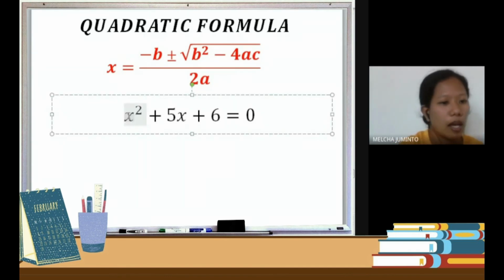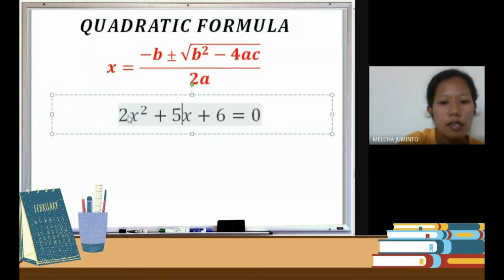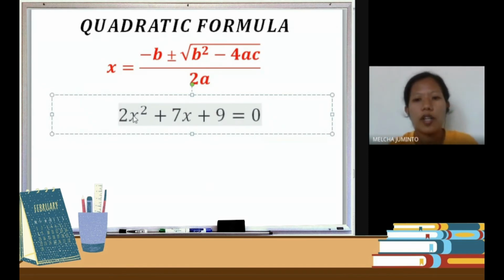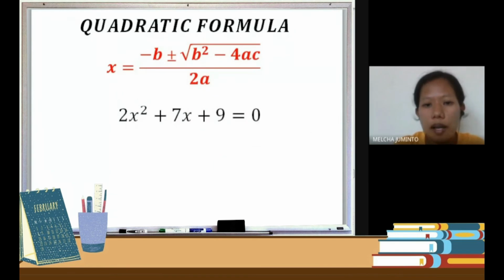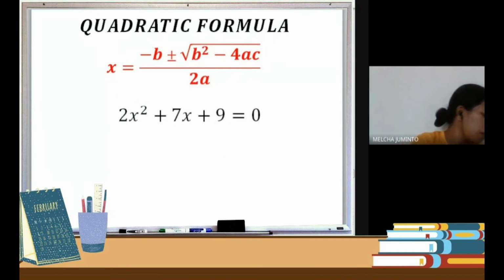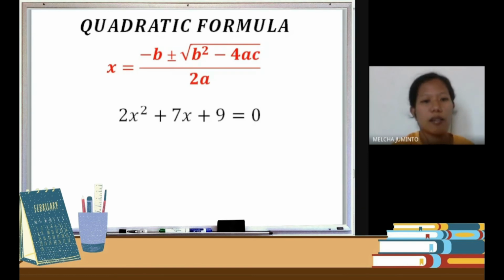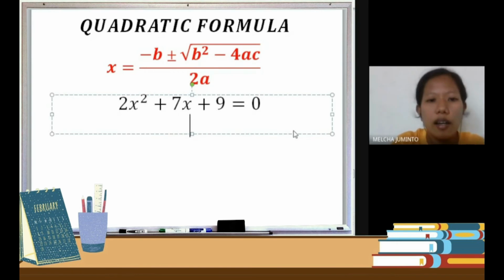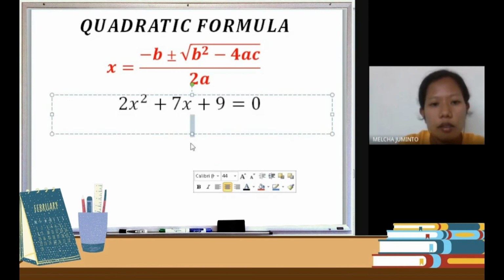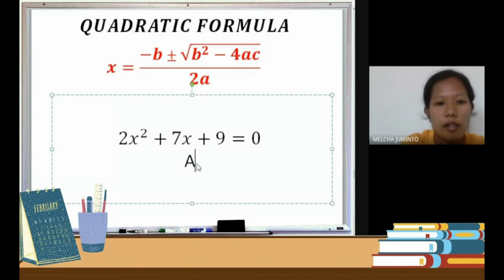Ito na yung problem. Allow me to answer one problem. 2x squared plus 7x plus 9. Is this the equation? We will use the formula to answer the problem in page 52, item number 6. Is this the equation? 2x squared plus 7x plus 9. Opo, ma'am. Okay, so let us now use the quadratic formula to solve this equation. In applying the formula, the first step is to first identify the values of A,